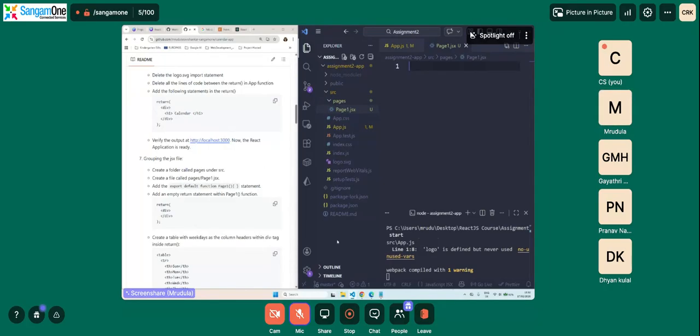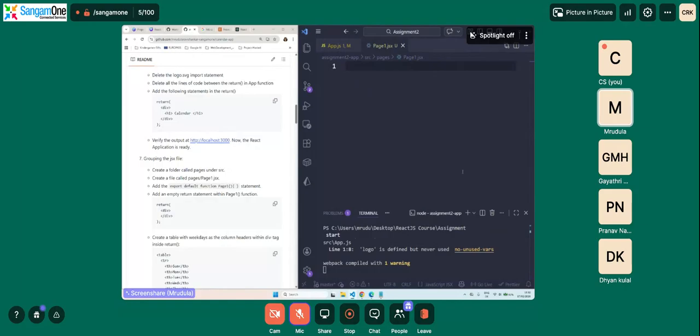First and foremost, as I have always told you, in order to use the logic inside page1.jsx, we always need to export it. So we are going to add export default function page1 and then close it up. And then we have exported it, but we are not returning anything. In order for React to display anything, the logic or anything, we need to return it. So we put a return statement.